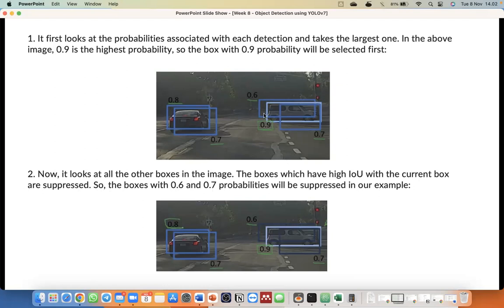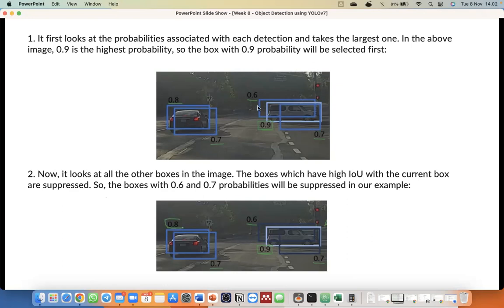Jadi gini, the second step, after we deciding the bounding box that has the highest PC values, any other bounding box that has high IOU with the current box are suppressed.